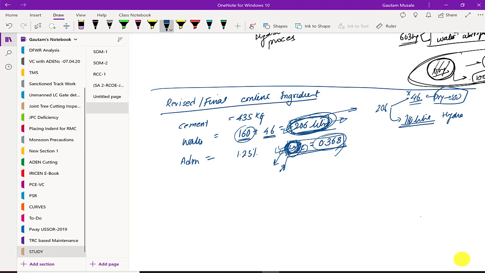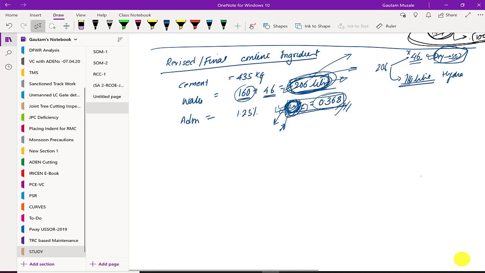Similarly, on the same lines, how can you understand that this W is the water which I will need to add to the system after my aggregates are in the SSD condition? I added 206 liters, 46 goes into making it SSD condition. What is remaining? It is 160. So that 160, either you say it is used for hydration, or that is the amount of water content at which my aggregates are already in SSD condition. That is W, that is the water to cement ratio. W will remain 160 and my W/C ratio will remain the same, 0.368, right?